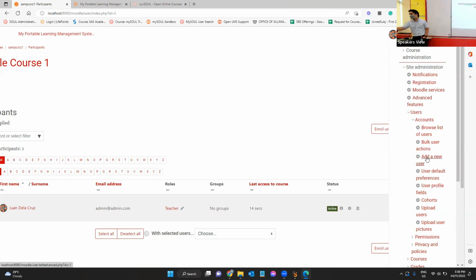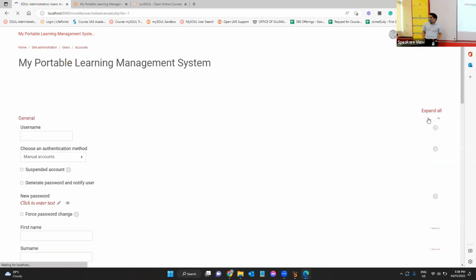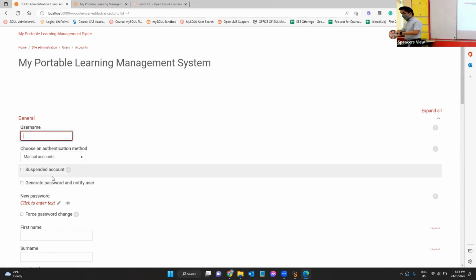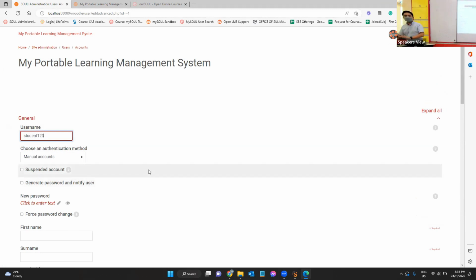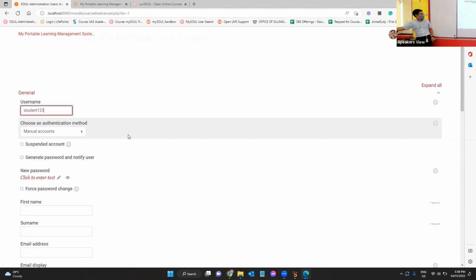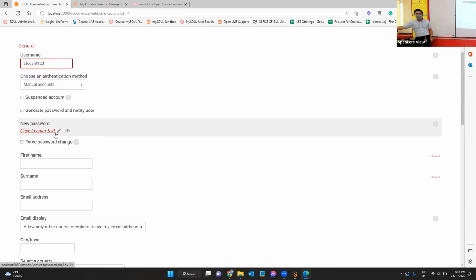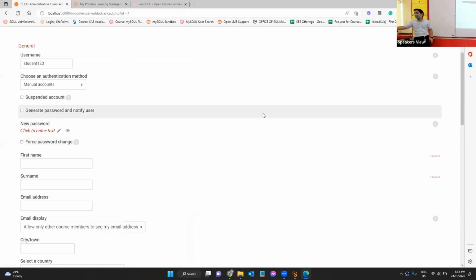Add a new user. So there. Okay, just give it a username. So the username is student123. And then manual accounts. So the password, since you are the teacher, you will be the one to create a